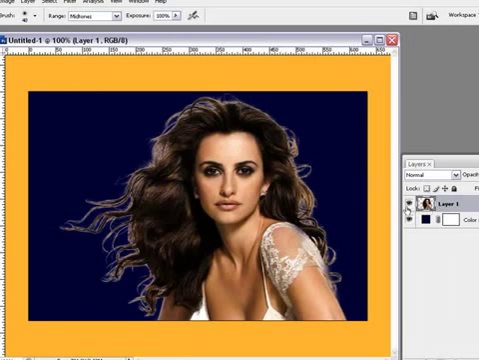Now with the layer selected, the woman layer, we're simply, with the mid-tone selected, exposure 100%, going to come in here and darken up these edges. Just going to darken them up, try to get rid of some of that white. Didn't delete very well around here, but like I say, I'm just trying to show you how to delete